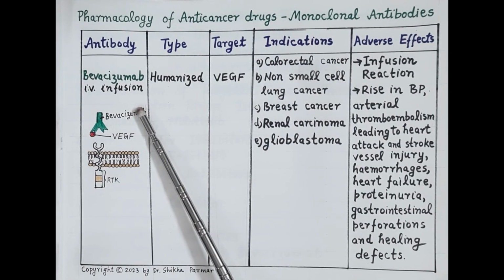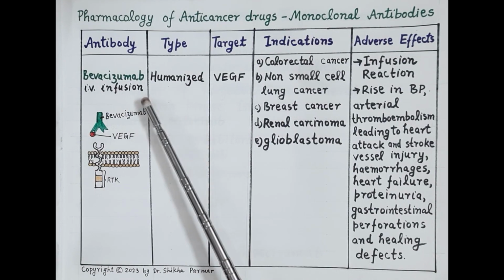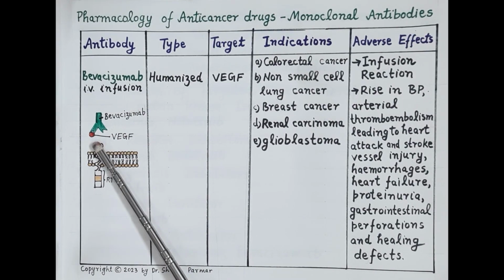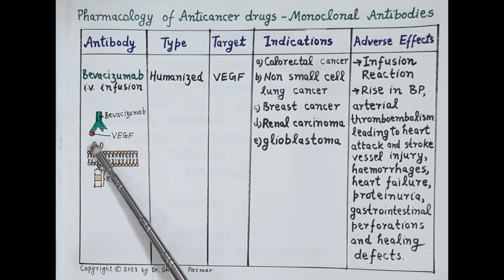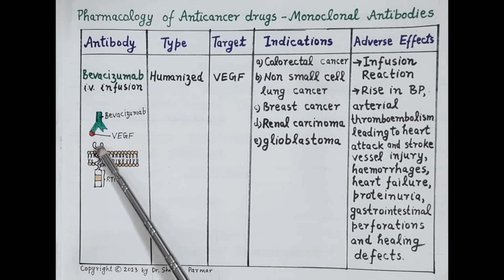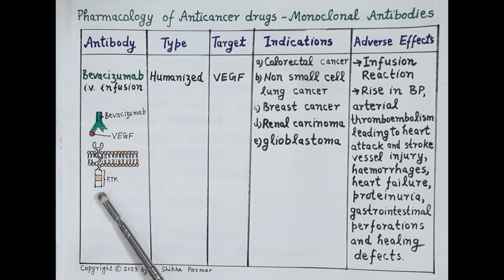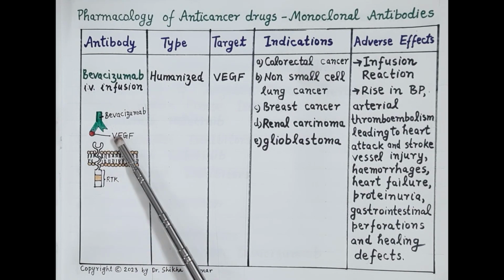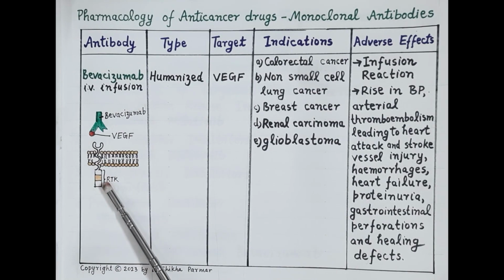Now, another drug is bevacizumab. Now, it is a humanized monoclonal antibody. Now, this monoclonal antibody, bevacizumab, binds to a growth factor. It binds to vascular endothelial growth factor. Now, because it binds to this growth factor, it prevents the binding of vascular endothelial growth factor to its receptor. Now, this receptor is also a tyrosine kinase receptor. So, prevention of binding of this growth factor to the vascular endothelial growth factor receptor prevents the